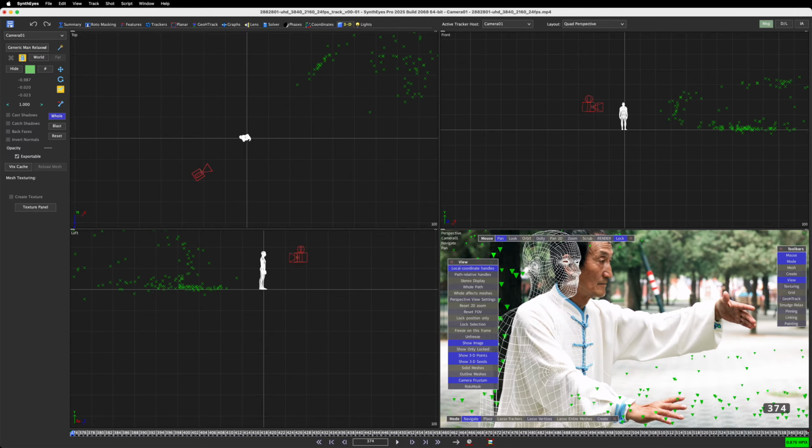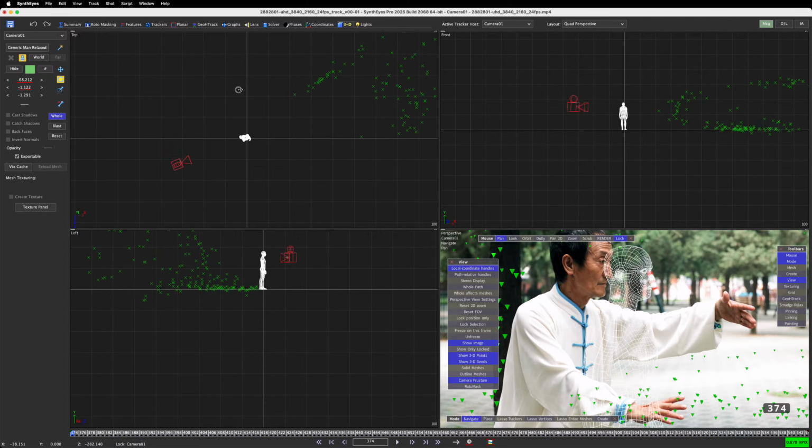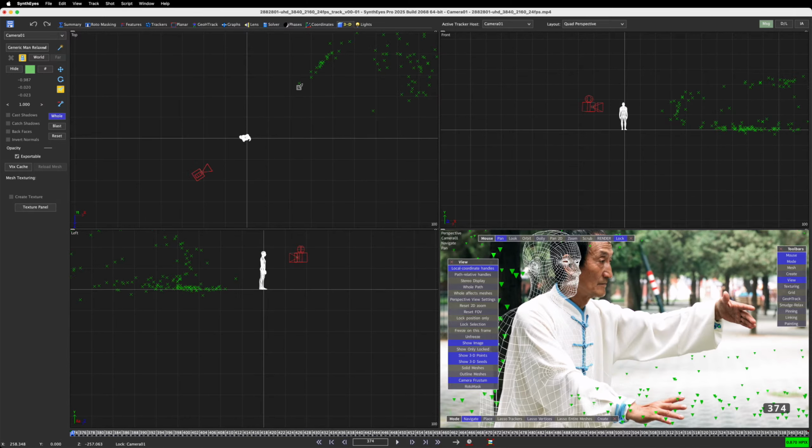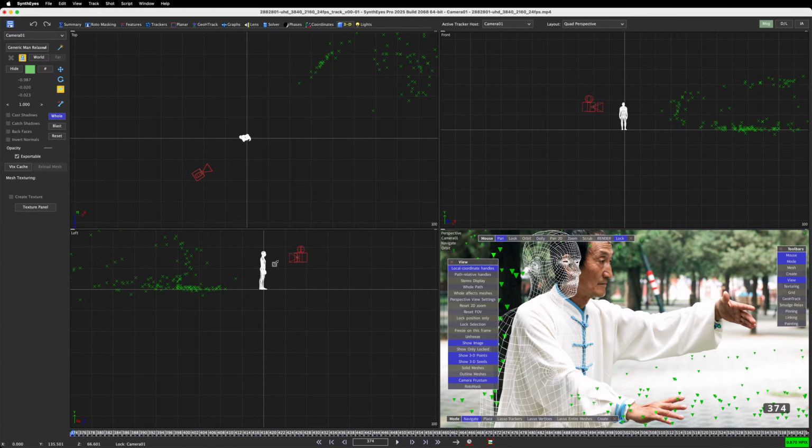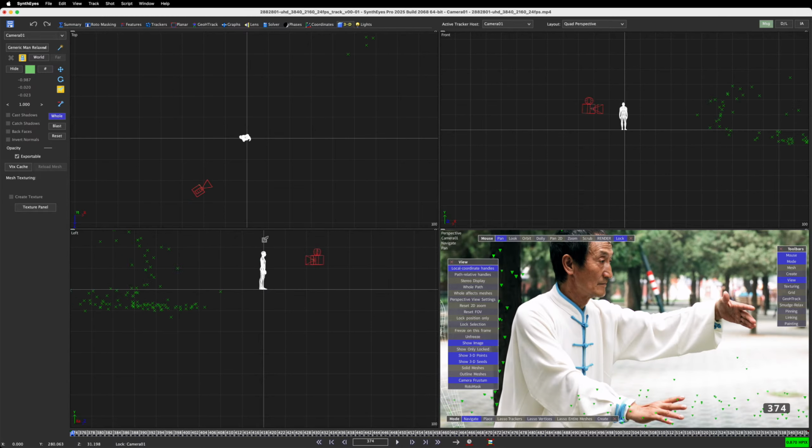So all these ways of scaling. Anytime you scale or rotate, anywhere you click on screen, it's going to rotate around that point where you clicked. Anywhere you scale, it's going to scale around that point where you clicked. So if I want to scale around his head,